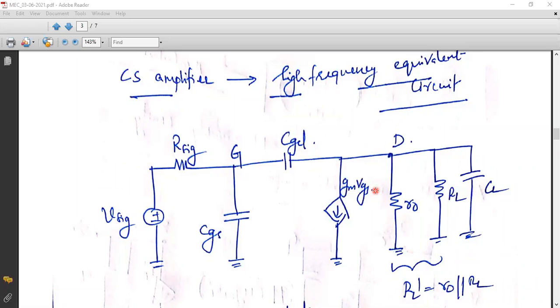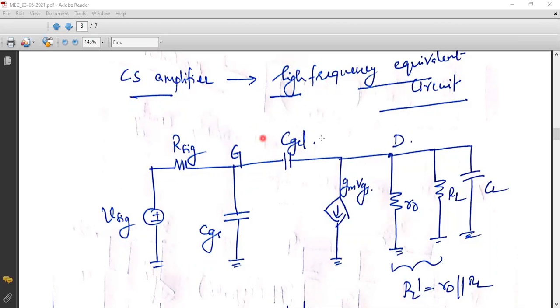So I repeat why I'm going for this particular method, because if you have a number of capacitances in your high frequency equivalent circuit, then you should take all the capacitances one by one, and you need to calculate the equivalent resistance. Accordingly, you will have the tau h equation, right? That will be very complicated because all the sum of the time constants you need to add together in order to get the cutoff frequency. So that is a tedious process. In order to overcome that problem, we are replacing this bridge capacitance CGD into two subcapacitances Z1 and Z2, and accordingly we will find the time constant.